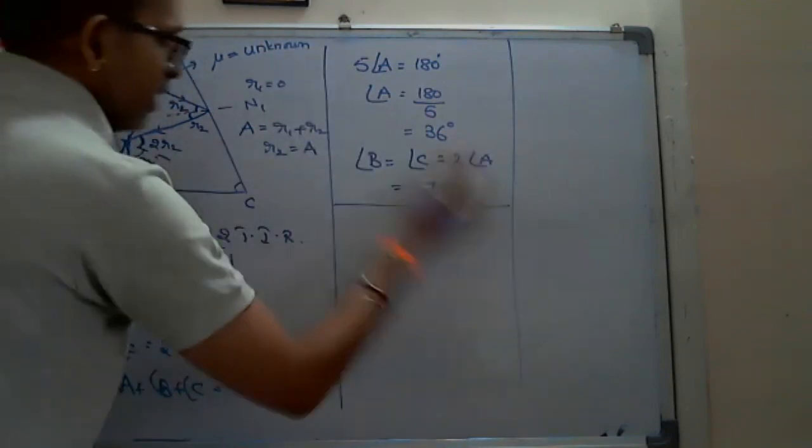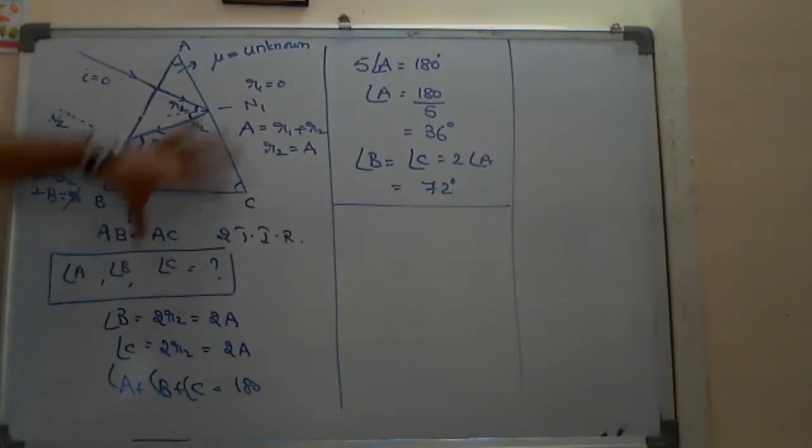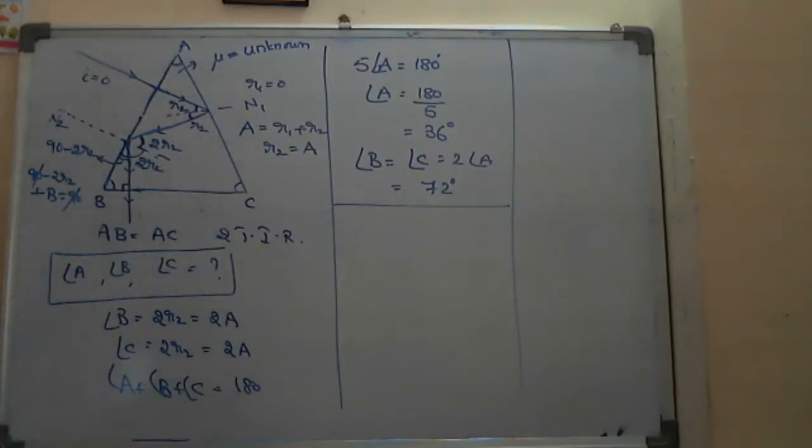Okay. So finally we get the numerical answers. This angle is 36 and these two are 72 and 72, without giving any numerical information in the question. Okay. This question has been given previously in all types of exams and is very important for us. Okay, this is one model related to the prism. Understood this question?